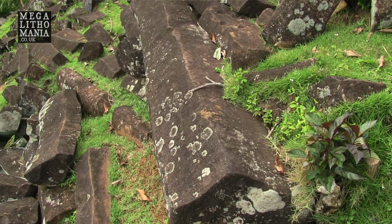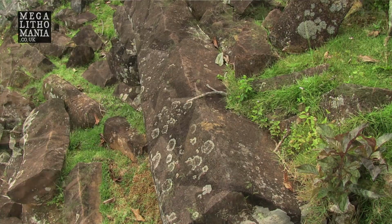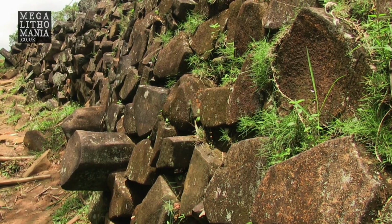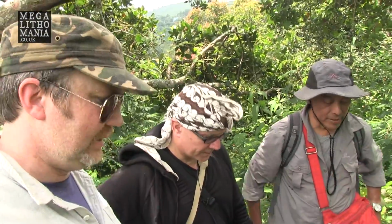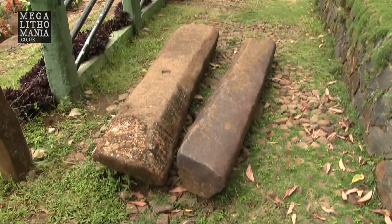Yeah, this is a problem of our work here. We are currently still on the research stage. So when we clean up all these bushes, we can see the stone terraces, the step pyramids quite clearly. But then we cannot preserve them. So we have to restore them again into these bushes. So nature reclaims them again. That's why for the next stage we have to go into the restoration stage. So you can clean them up and preserve them, restore them into a better stage,